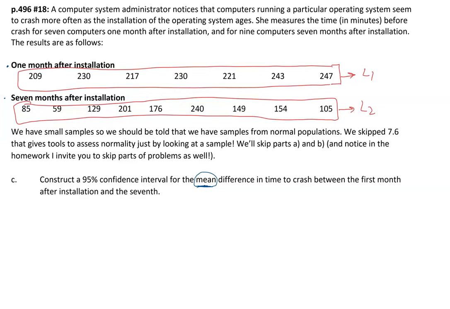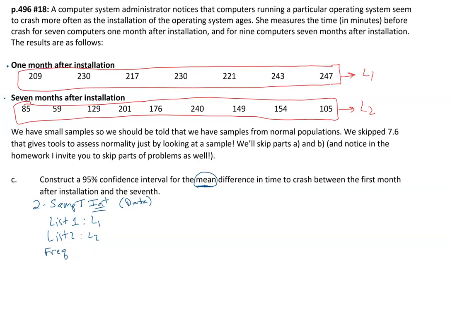But here we go. So we put the data into L1 and L2, and we're going to run 2-SampTInt. Make sure again it's the interval, not the test. And you want to choose the data option this time. And for sure, list 1, assuming you did what I did, that should say L1. And list 2 should say L2. And then we didn't do anything with frequencies.